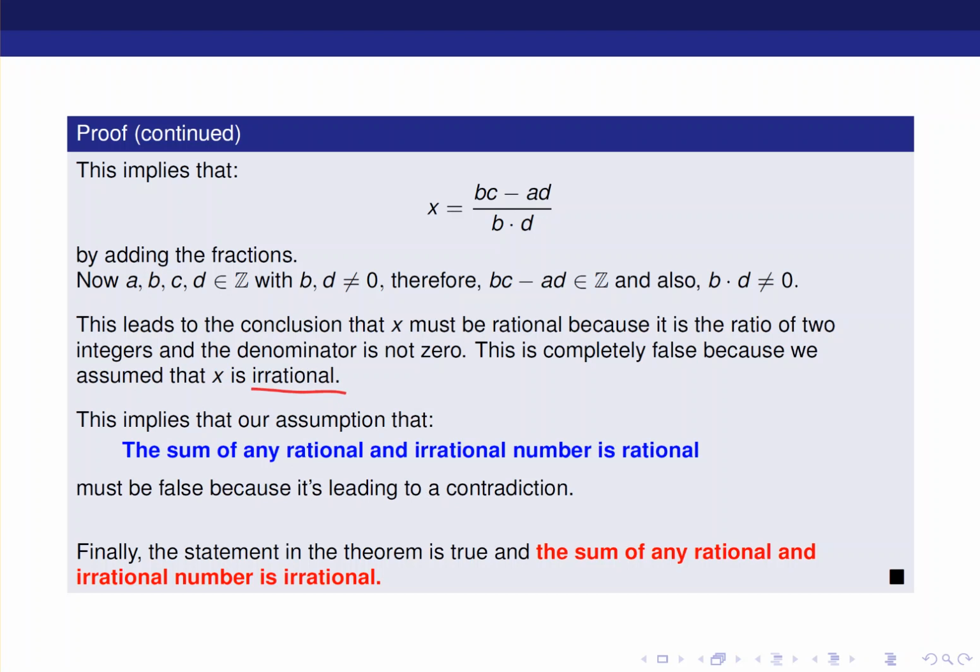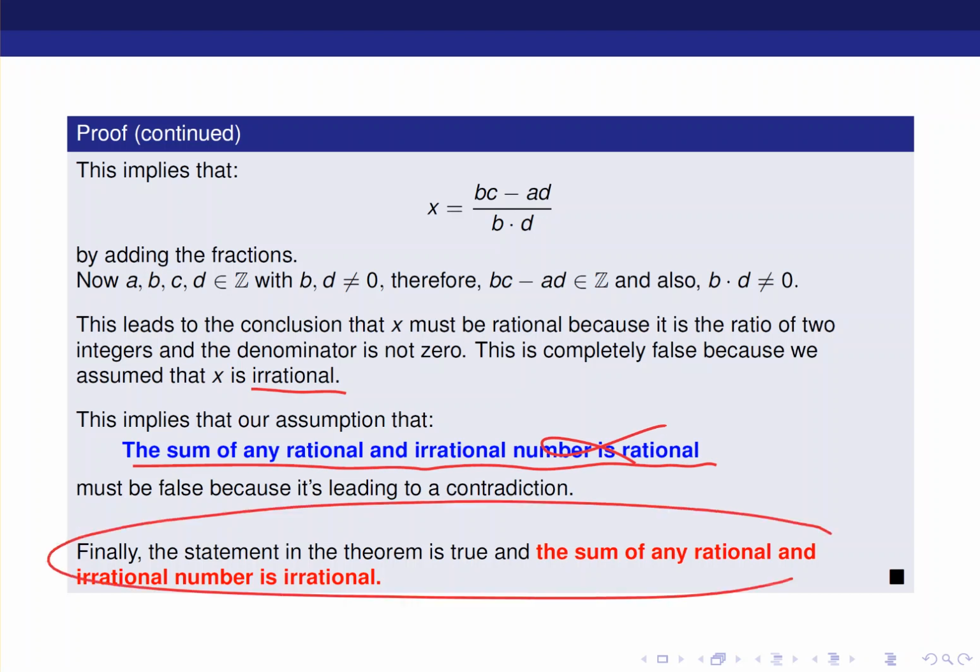So it means that the conclusion is the following. The statement that the sum of any rational and irrational numbers is rational is false. It's leading to a contradiction. So that means that the statement of the theorem is actually